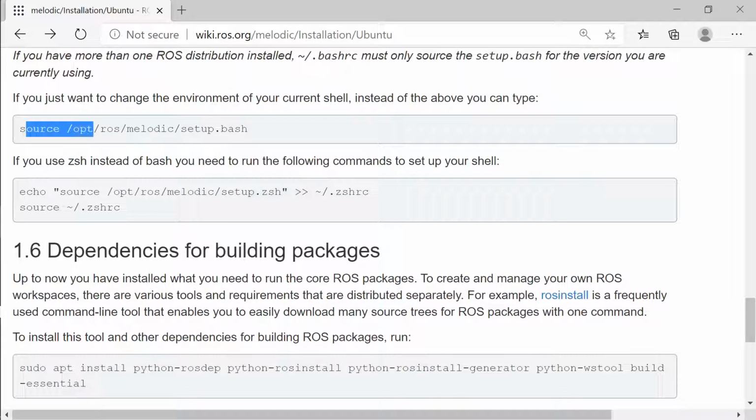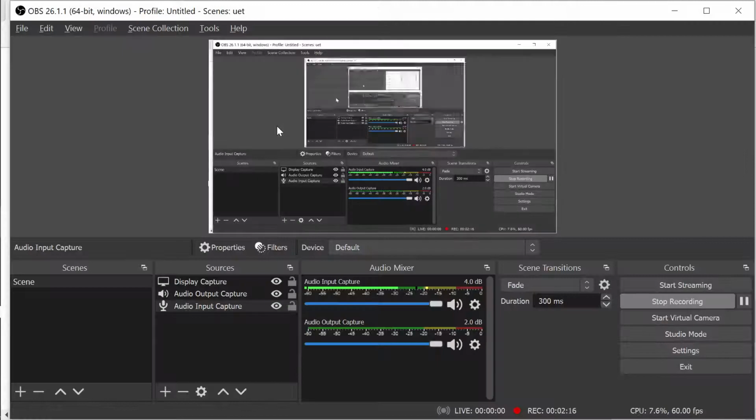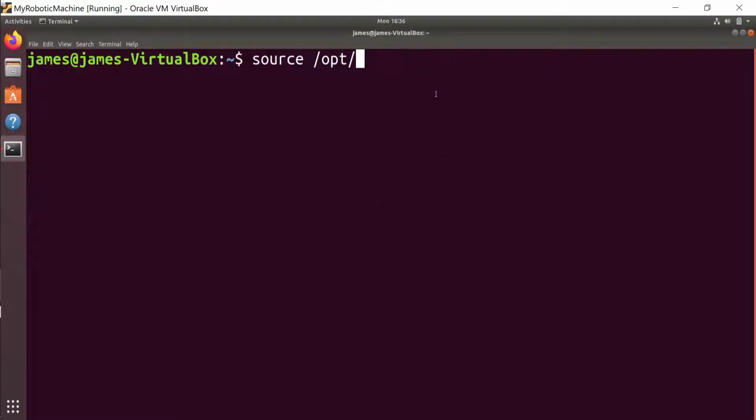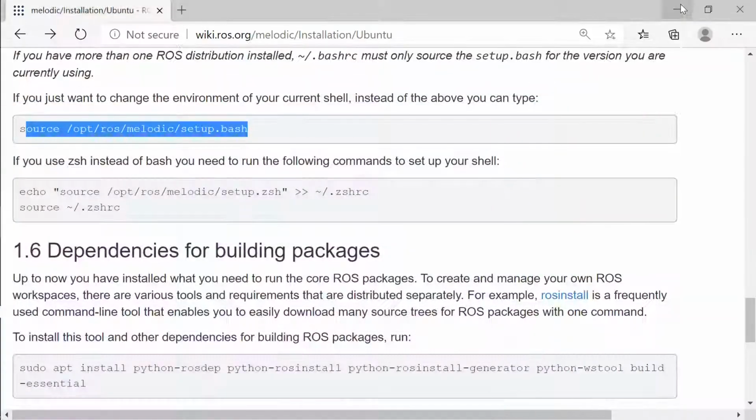So /opt/ros/melodic/setup.bash. So every time you start your terminal, first run this command, source /opt/ros/melodic/setup.bash. So you can start using ROS after this step. So let's now jump into the tutorials.